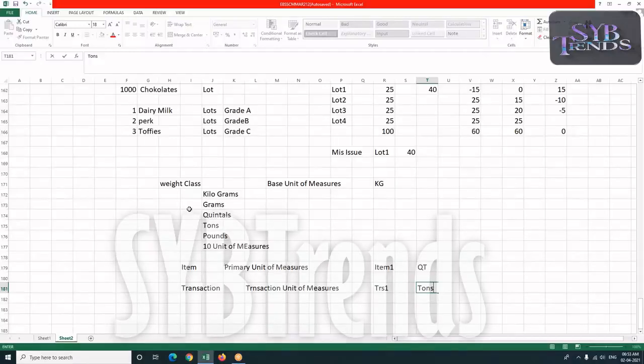If you see here, we have provided conversions from all the other units of measure to kgs, but we don't have a direct conversion between quintal and tons. Then how is it going to convert these tons into quintal? Whenever we create a transaction with a different unit of measure,